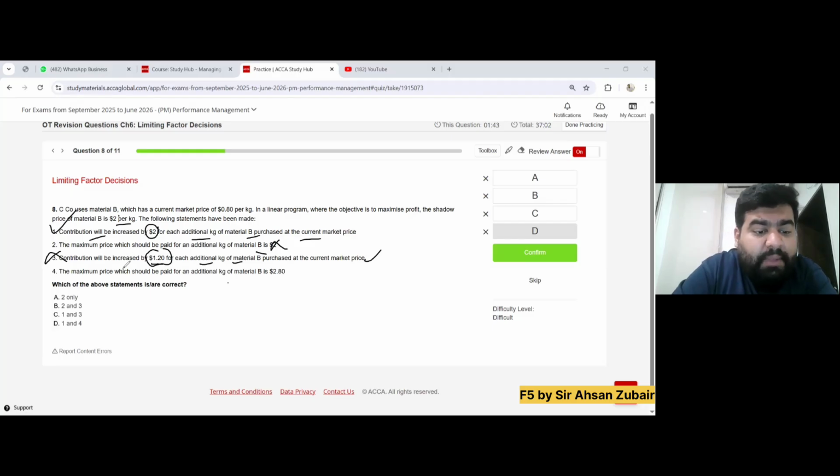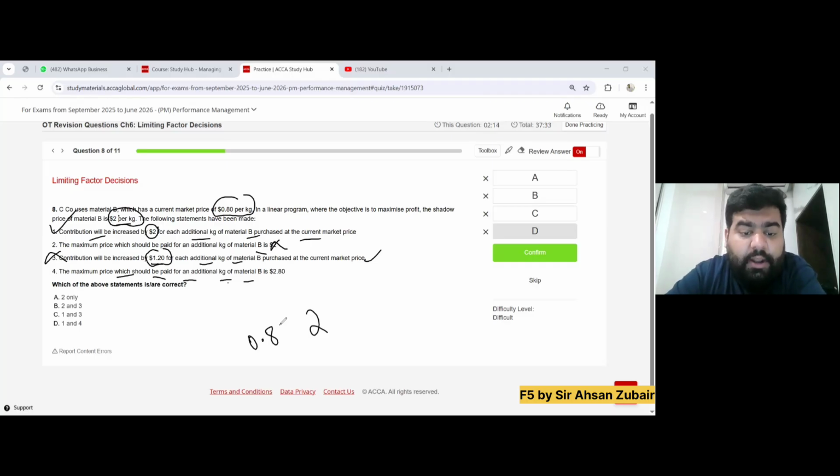It will be 2. Maximum price which should be paid for additional kg of B is 2.8. Yes, this is the thing. See, the maximum price which should be paid for additional kg of B, actually you will pay how much? First of all, you will pay the shadow price. Obviously, shadow price. If you are paying for additional kg of B, that is the maximum price you can pay. You know that current price is 0.8. You are paying 0.8 plus